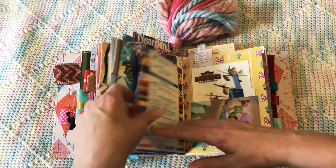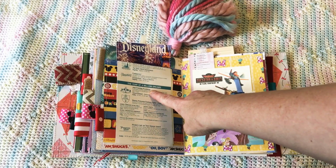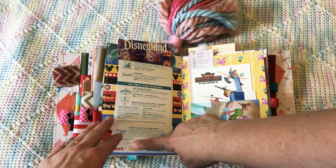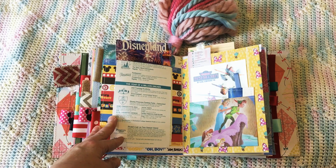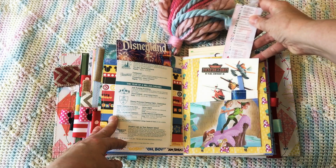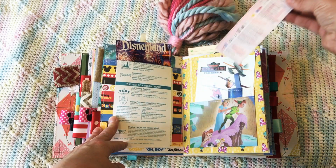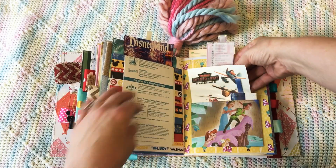from Disneyland. And then the plans. This is from A Year of a Million Dreams. That's a long, long time ago. I think that was 2005, right around there, something like that. And then I always think this is so funny. It's like the most important thing while you're in the park is to figure out like where all that stuff